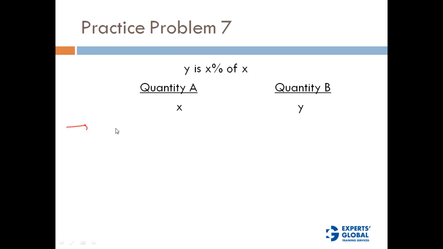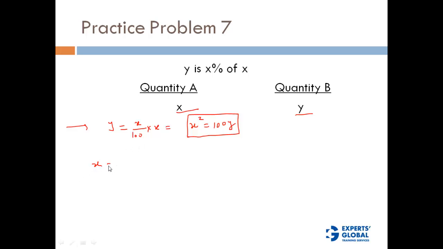The information we have is that y is equal to x percent of x. How can we write it? We can write it as y is equal to x percent of x. So that means x square is equal to 100y. This is what we get from the given statement. So let's put some values. We are supposed to compare the value of x and y, and we really don't know much about x and y except that this relationship exists. So let's put some values for x and get values of y, and then we'll see whether we are able to compare x and y.